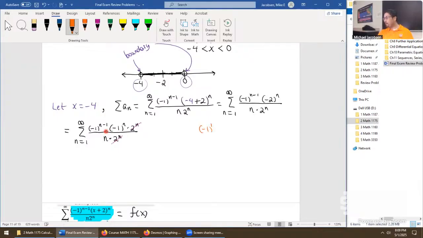You take (-1) to the power n minus 1, multiply against (-1) to the power of n, you can add the exponents, the bases are alike, and this becomes 2n minus 1. Now think back to what we did with power series. This is always odd. No matter what index you put in for n, we've got an odd value, and -1 to an odd integer power is -1.